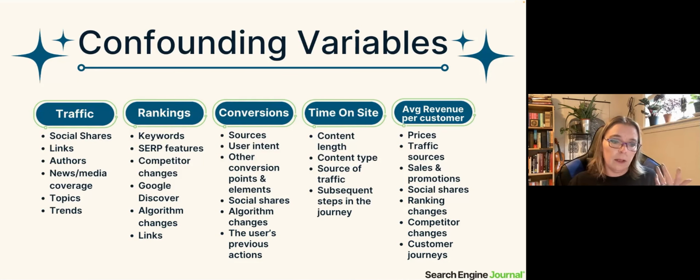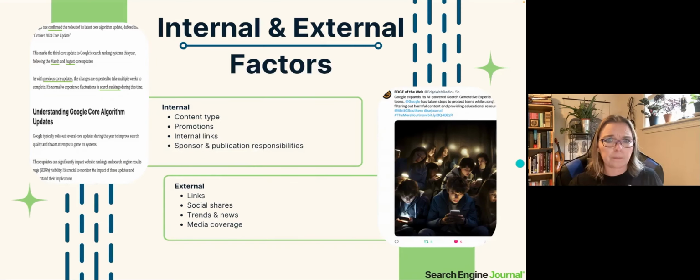In all, these are the things most likely to affect the outcome of your experiment and lead you down the wrong path. 9 times out of 10, when you make a mistake with your experiment and your data doesn't work out, it's because of one of these reasons. So there are 2 different types to watch for. There are external confounds. So these are things like social shares, anything outside factor, links, anything that comes from the outside of your website that affects